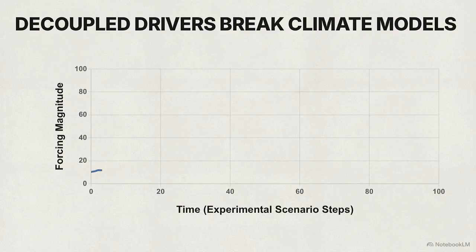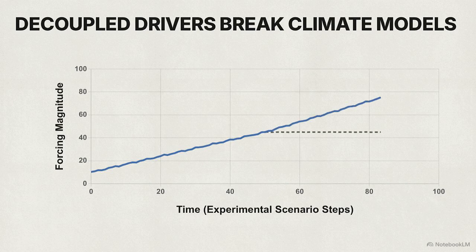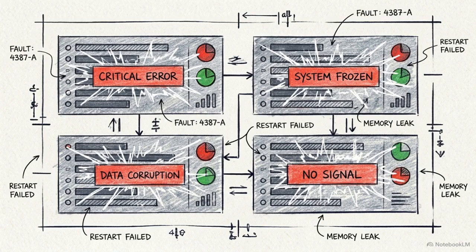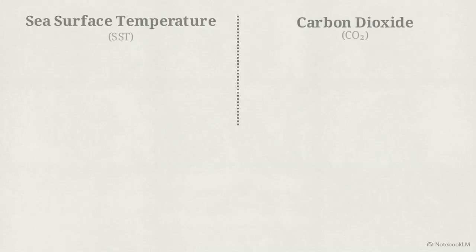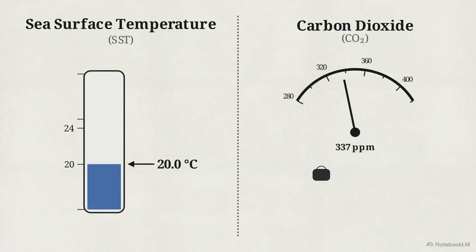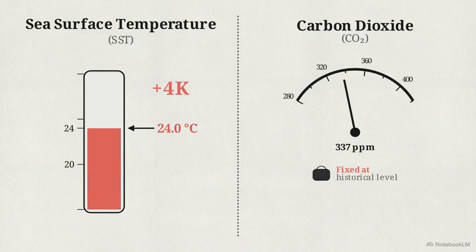The breakdown occurs when two critical climate drivers, sea surface temperature, or SST, and carbon dioxide concentrations, are decoupled. If a model encounters a combination of ocean heat and greenhouse gas forcing it hasn't seen before, the predictions become unphysical. A standard way to test this boundary is the AMIP plus 4 Kelvin experiment. In this simulation, global sea surface temperatures are uniformly raised by 4 degrees, while CO2 is held completely constant at